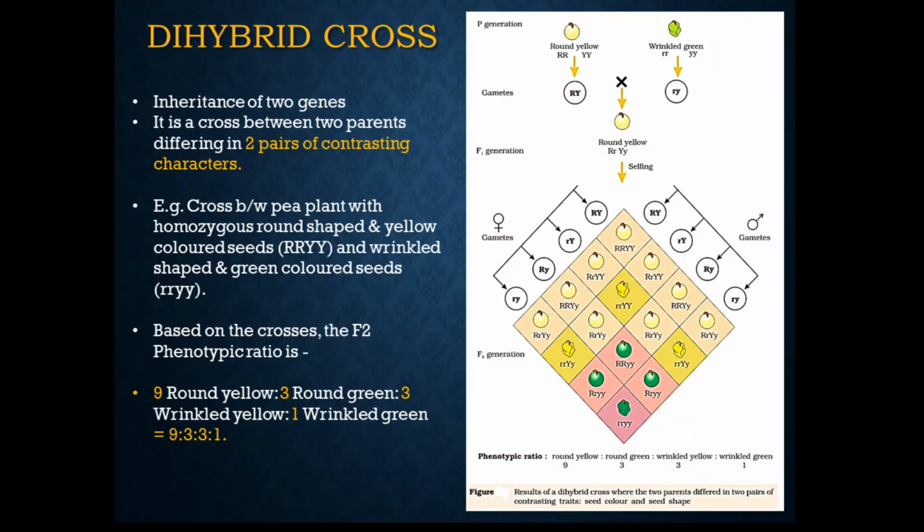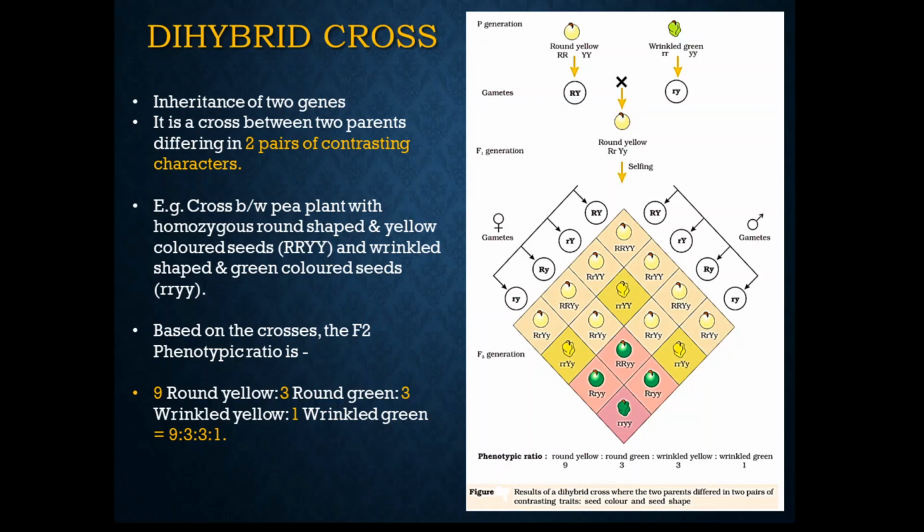We have been seeing about Mendel's laws of inheritance. Here we have seen the monohybrid cross, and then Mendel's laws: the law of dominance, the law of segregation, and also the exceptions to Mendel's laws, like incomplete dominance, which we saw in snapdragon flowers, and codominance. Codominance was given with the example of the ABO blood groups of humans.